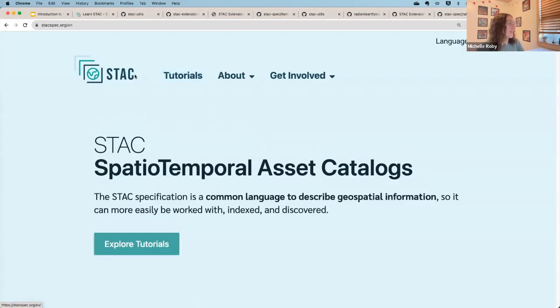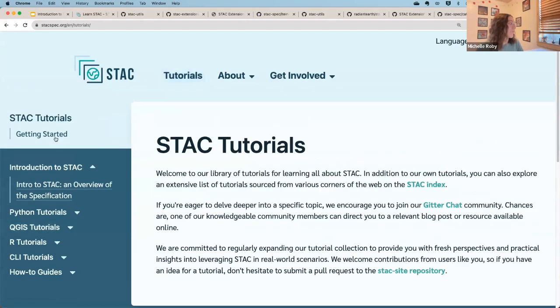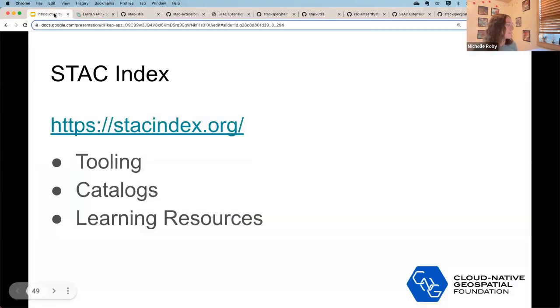So on the STAC website, we have a tutorial section that has this many tutorials based on different languages. So Python, QGIS, R, command line interface, and some more specific tutorials too. But that's where we recommend you get started if you're new to STAC.